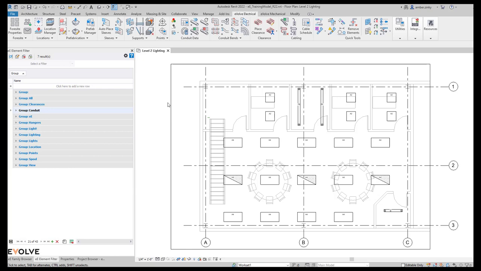Perfect. Well, thank you. So today we are going to be going over a few different utilities within our Evolve. So one, we are going to be going over Element Filter, which I would definitely recommend getting real comfortable with. You're going to see that the Element Filter is going to be one throughout our utility and two throughout our software itself. Other tools that we are going to go through are Colorizer, your Workset Manager, and also